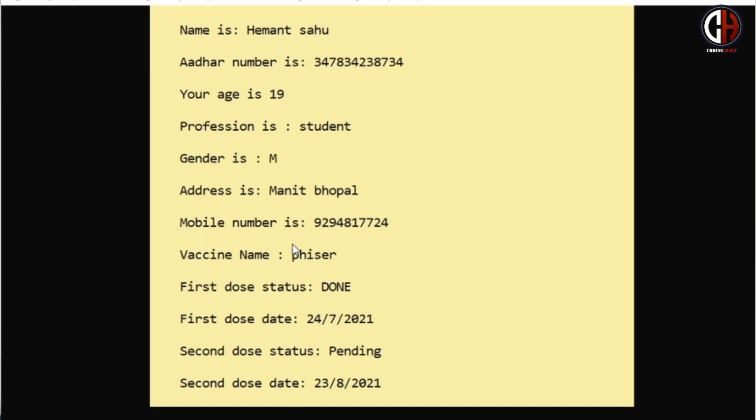There you will see your first dose done, and if you are done with the second dose, then the second dose will also be done. If you are not done with the second dose, then the second dose will be pending. And in that panel you can also see your expected date. For example, if you have taken the vaccine today and you have taken Pfizer, the gap for Pfizer is 30 days. So you can see the expected date also in the search dialog box.